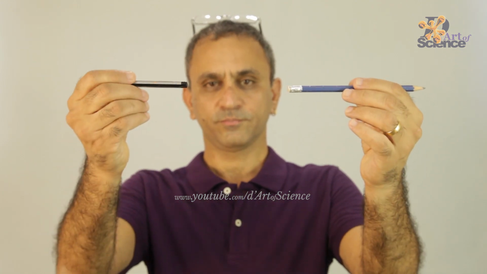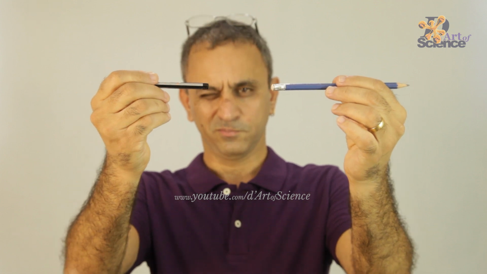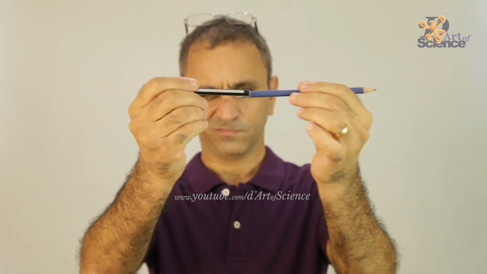Now a question, why do we need 2 eyes? In fact, humans and most animals have 2 eyes. Why? The answer lies in this simple experiment. Take 2 pencils or pens, hold them in front of you with the arms bent a little, and now shut one eye and bring them together so that they touch each other. But try it in one go, at this speed. You will see how difficult it is to join them.